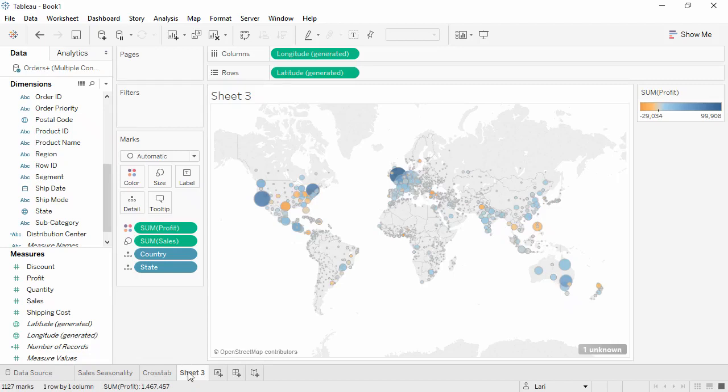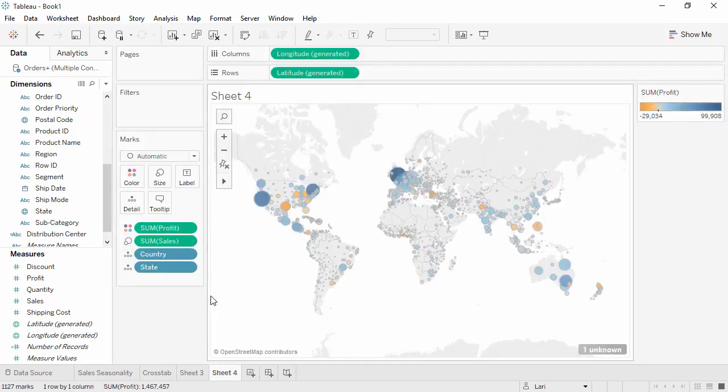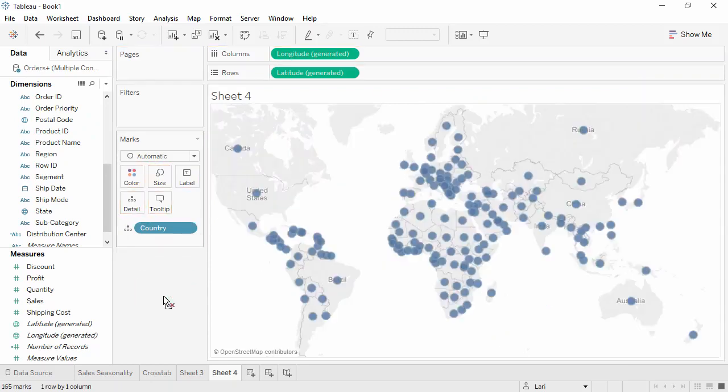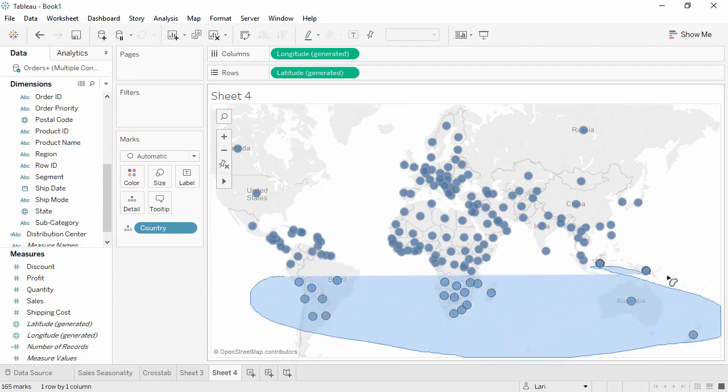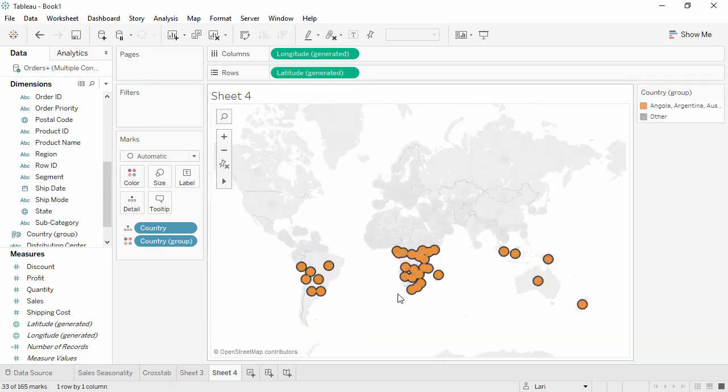Let's right-click and duplicate this sheet so we can leave our original view intact. We can simplify this view, stripping out everything but country. Next, we'll use the Lasso Select tool and lasso marks in the approximate southern hemisphere. Note this is very rough. Clicking the paperclip icon in the tooltip creates a group for these countries, and we've made a new field in